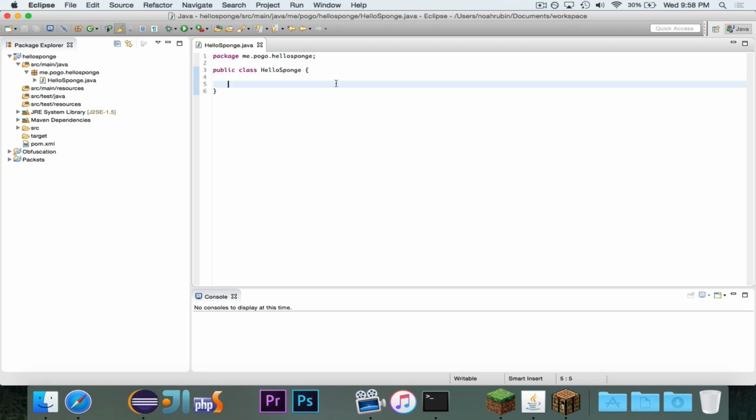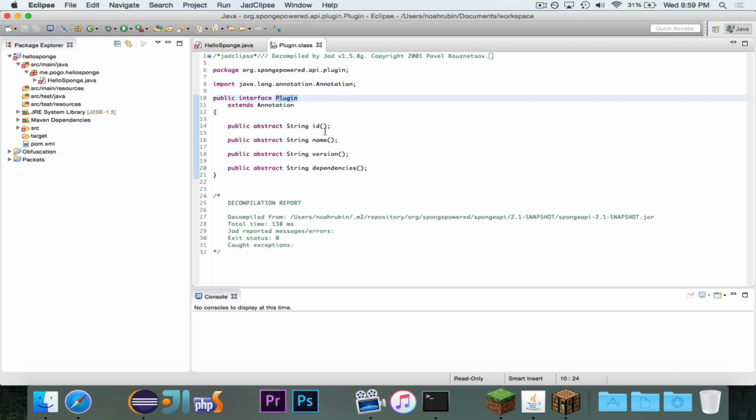So Sponge is a lot different than Bukkit, and the first thing is that you don't have a plugin.yml file. You don't specify the information about the plugin in a file. You actually specify it in the main class. And you do this by using the plugin annotation. An annotation is just this little thing that goes above a class or a variable or a method, and it just explains something. I will make a video explaining annotations, but all you have to worry about is that this is a plugin annotation that applies to this class.